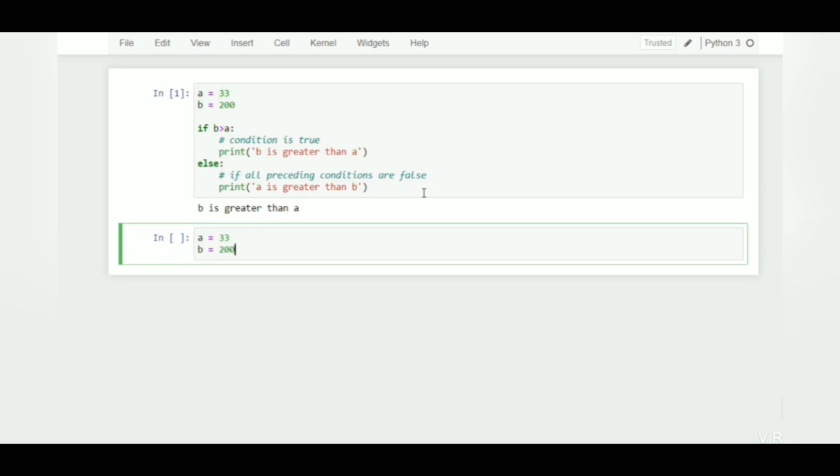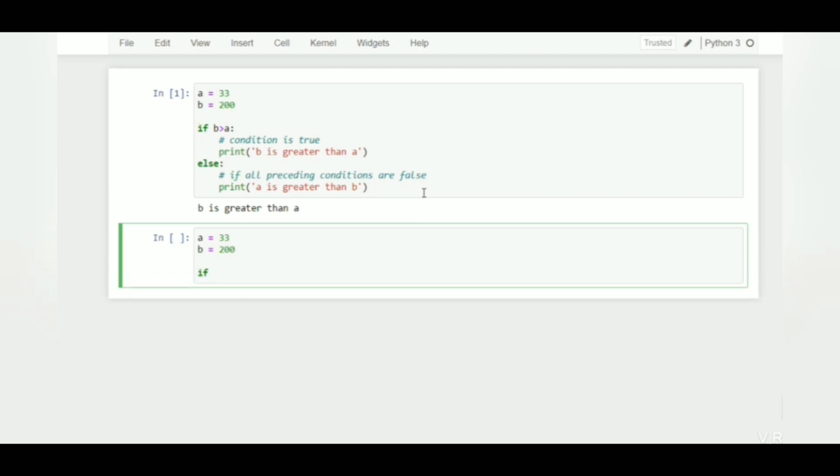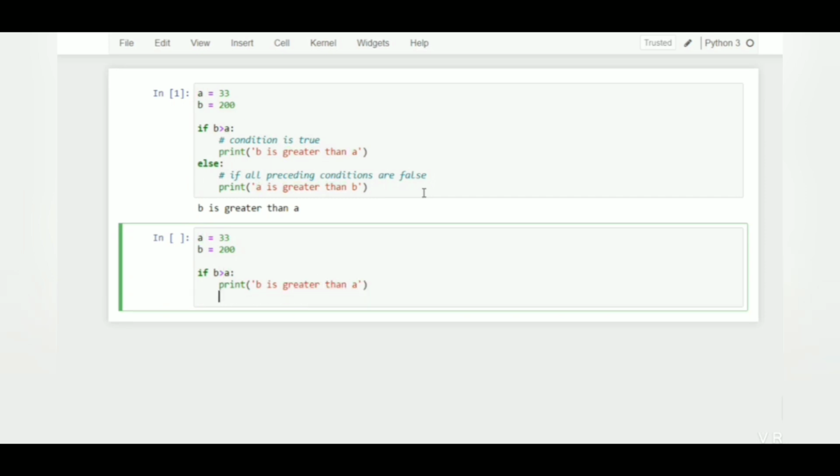For example, I will say a is 33, b is 200, and I will check whether b is greater than a or not. If yes, then print b is greater than a, and if this condition is false, then check the next condition. We specify it with the elif keyword: elif b is equal to a, that means we are checking whether b is equal to a or not.